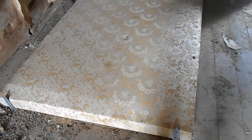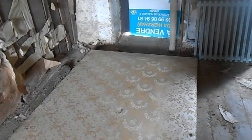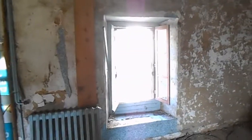So this is the room we've just fixed a hole in the roof in, and then there's a window at the front here, and another kind of weird little window at the front here, and this is the bed mat, the bed base I was telling you about, covering up the staircase that comes up here. So have a window up there, probably a bit bright to get, and then this leads to, I think the